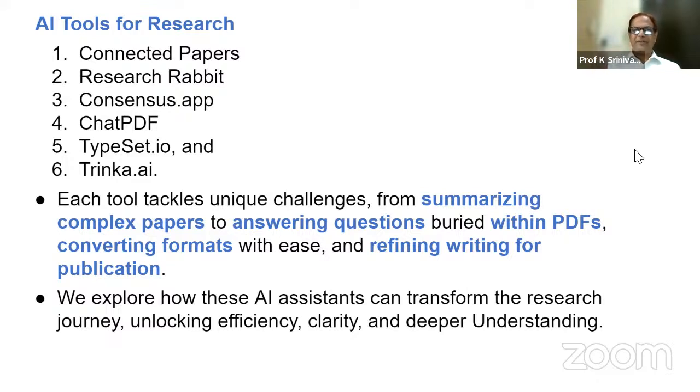So let me, I hope you have been writing these things on the notebook. आप कलम कॉपी साथ में लेके रखें, ये सारे बातों को लिखते रहिएगा। सो समराइजिंग कॉम्प्लेक्स पेपर्स एक सबसे इंटरेस्टिंग वाली बात है। आंसरिंग क्वेश्चंस बरीड विद इन द पीडीएफ सेकंड वेरी इंपॉर्टेंट वाली बात है। कन्वर्टिंग फॉर्मेट्स विद ईज, दिस इज द थर्ड इंटरेस्टिंग, एंड रिफाइनिंग राइटिंग फॉर पब्लिकेशंस, ये फोर्थ इंपॉर्टेंट एंड इंटरेस्टिंग चैलेंजेस को ये डील कर रहे हैं।